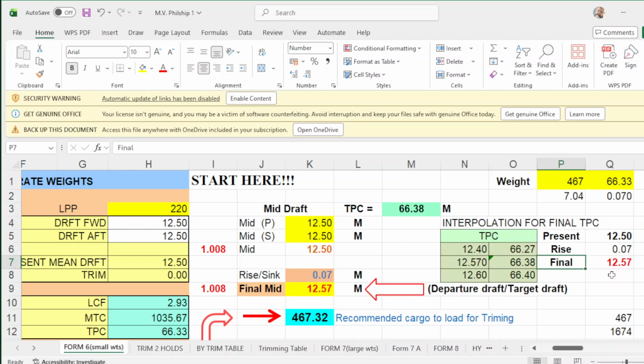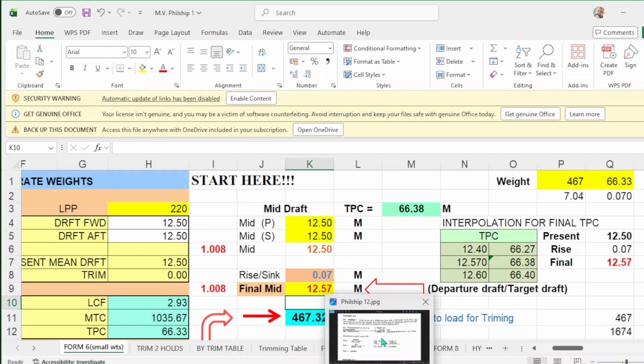So your final departure drop at load port is 12.57. Just put 12.57, press equals, and that will be 467. So the problem starts here.